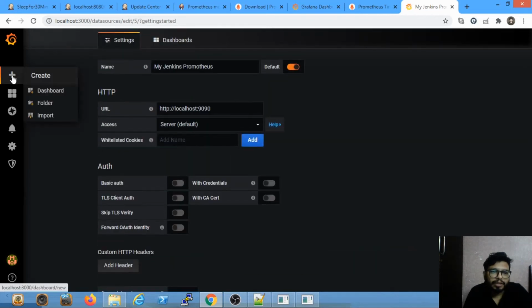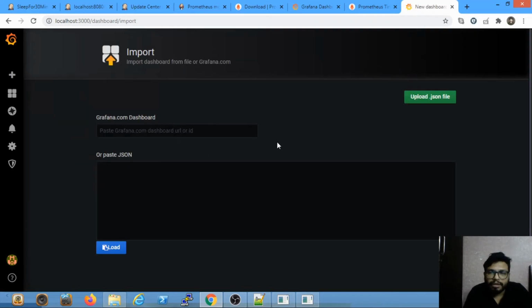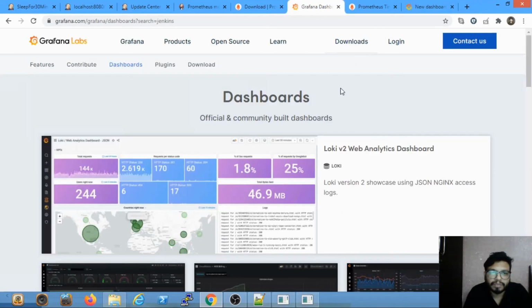Now you need to create a dashboard. In Grafana you can create an entirely new dashboard, so you need to add a query and then choose the visualization, or you can import already existing dashboards from the internet. If you go to the Grafana website, you can see a lot of dashboards already available here.